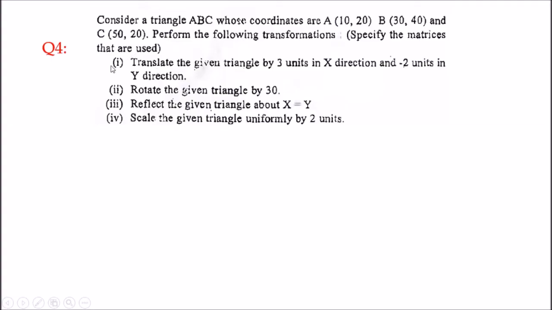So we'll start with the first, and here those 4 parts are to be performed separately. If there were a phrase saying this followed by this followed by that, then it would be a composite. But in this problem it is not composite, it is separate. So you have to solve the first part, then the second, third. There is no relation between those parts. So we'll begin with the first.